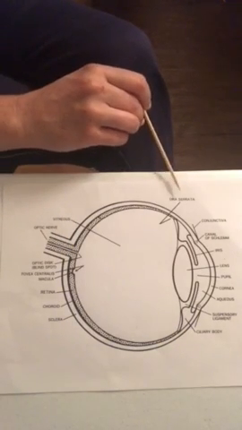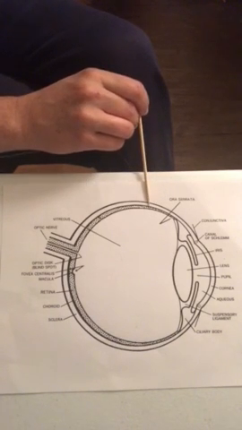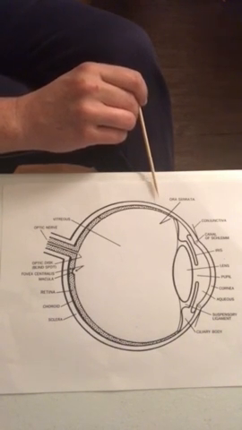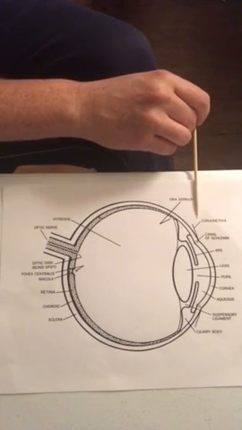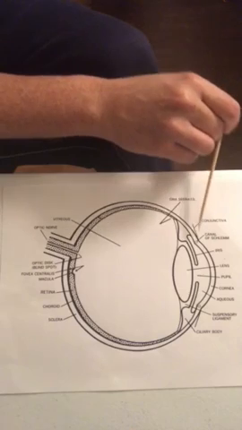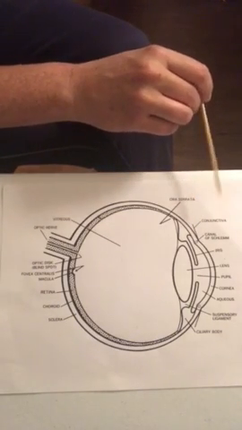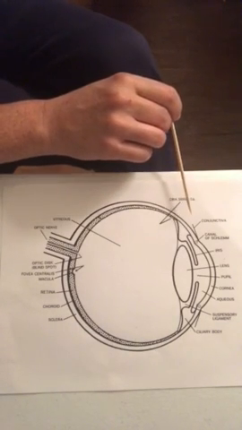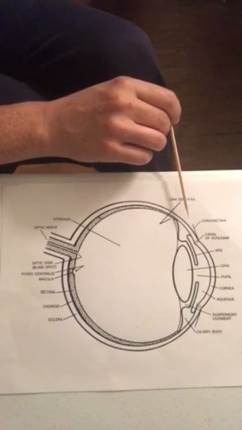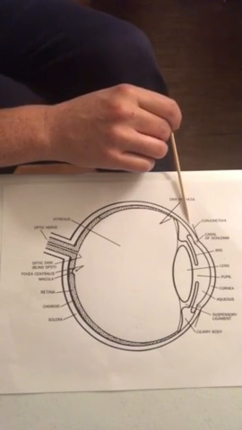So up over here real quick, we have the ora serrata. This is the inner eye where the retina will end and the choroid layer of the eye can be seen. And then we'll move over to the conjunctiva. You can see here how it's showing that it's out a little ways. That is because it is a clear membrane that covers the front of the sclera, again, the whites of your eyes, and it also lines the inner part of your eyelids. And this is where we get the term conjunctivitis, which is also known as pink eye, which is basically inflammation of the